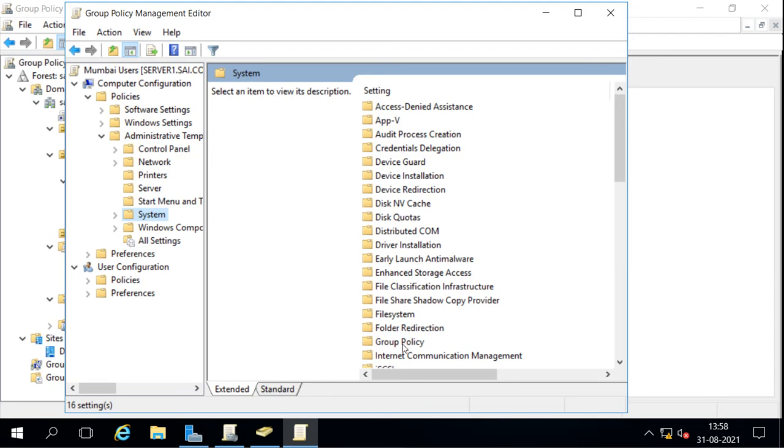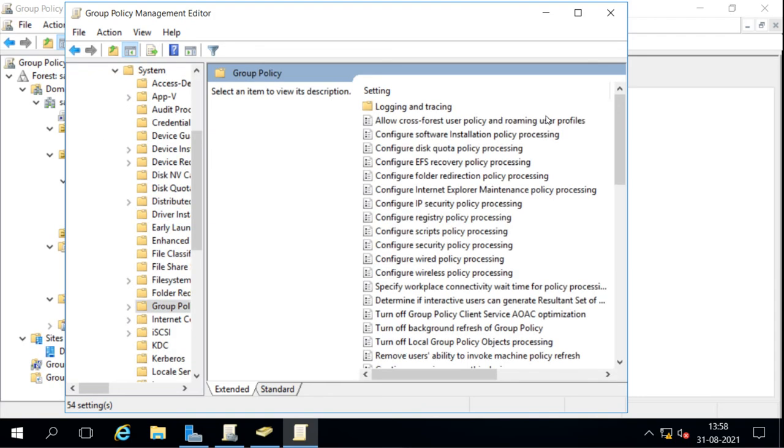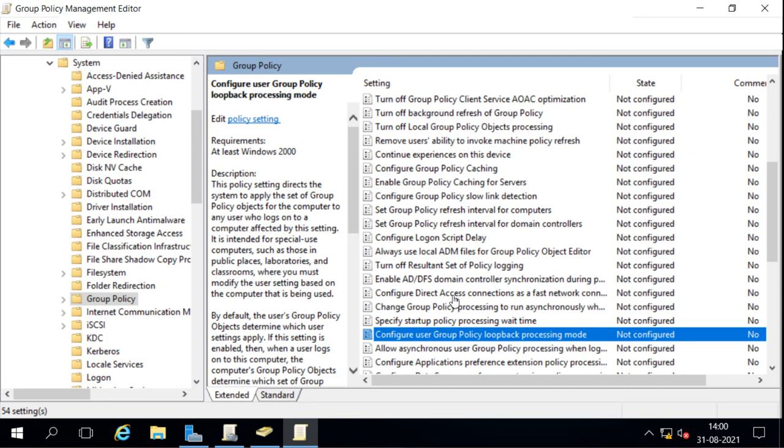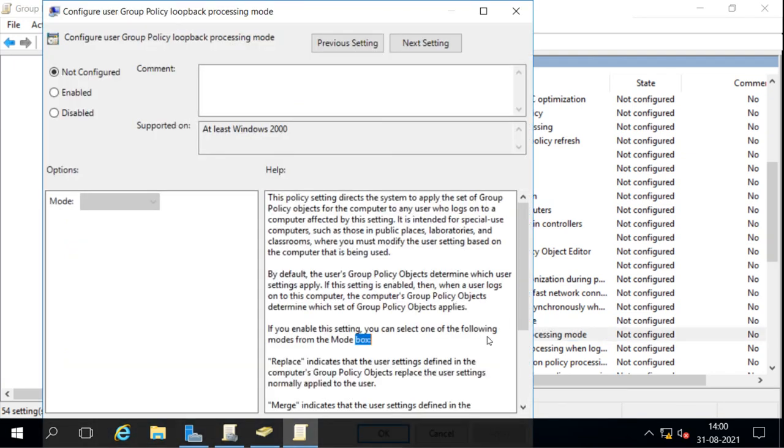Under the Group Policy option we have this policy, Configure user group policy loopback processing. When you open this, it shows Not Configured. You can select the mode you want to configure, and it will start group policy loopback processing.